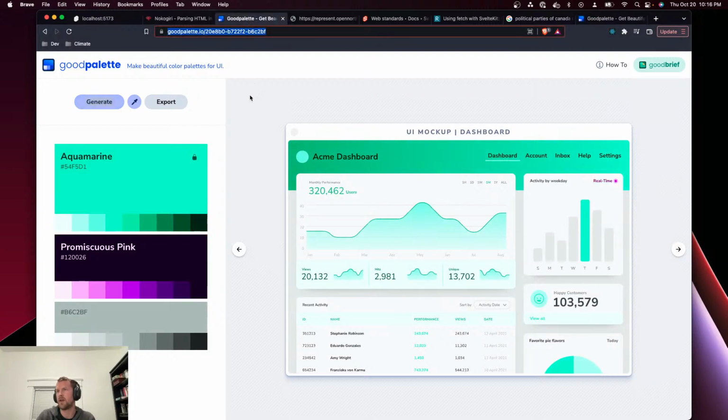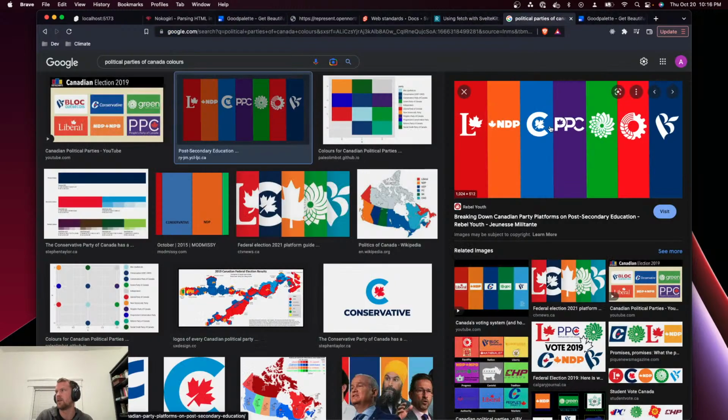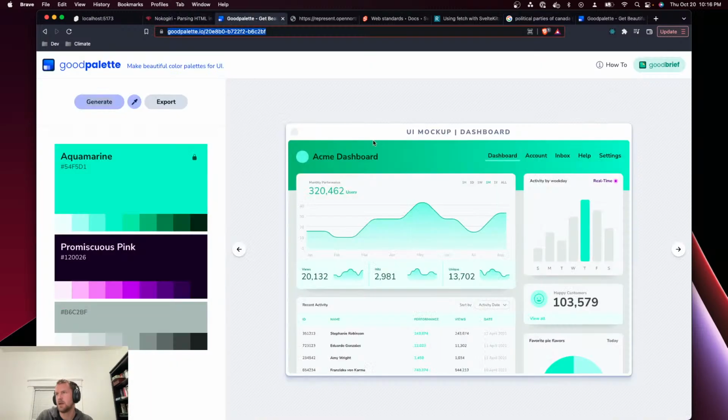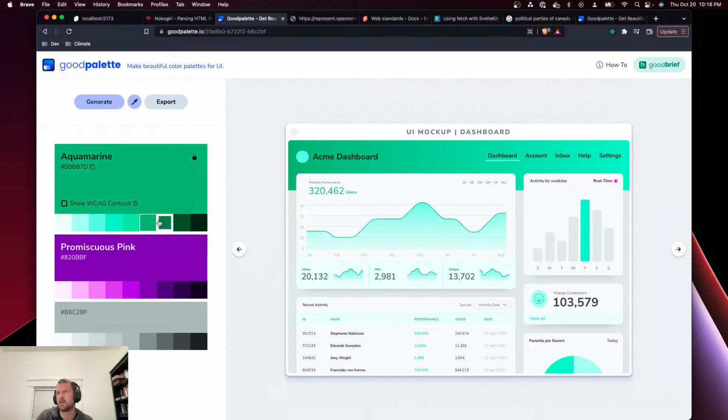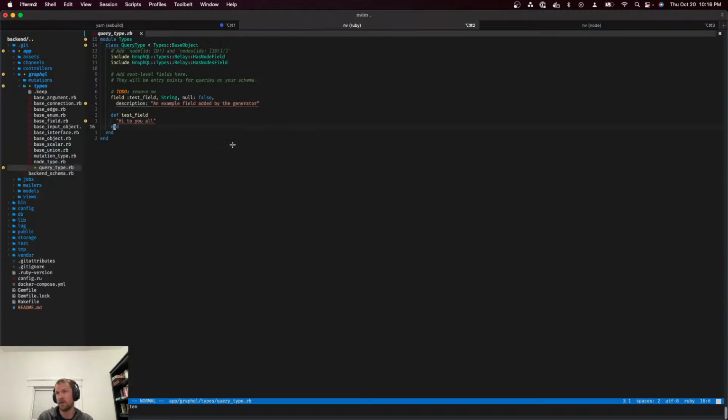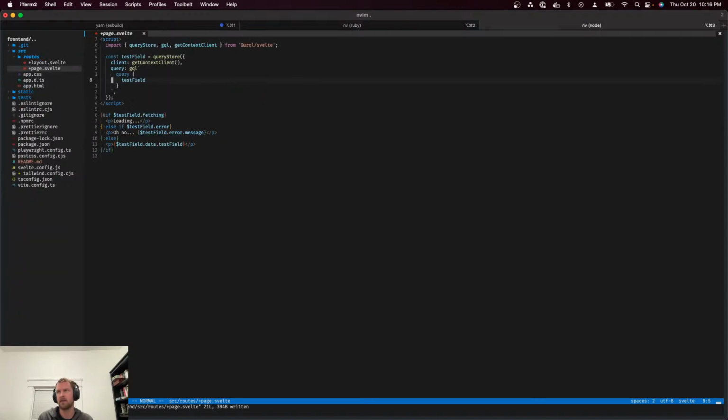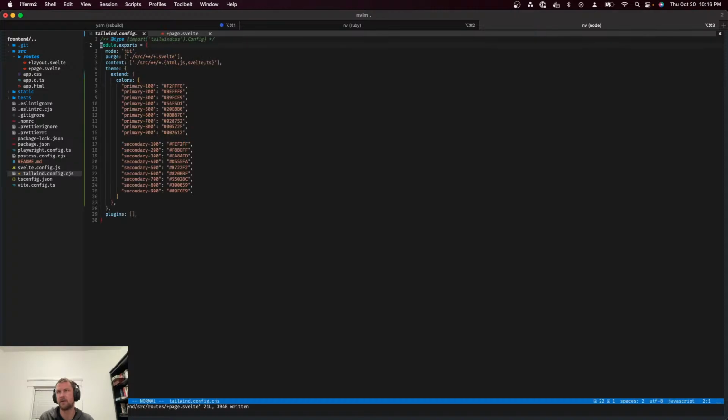Anyway, the colors that I'm going to go with are these, because there's not really any overlap. The closest would maybe be the Green Party and the PDC, but hopefully we'll avoid those if I stay away from this more purpley and this more greeny. So basically what I've done there is in the Tailwind config,